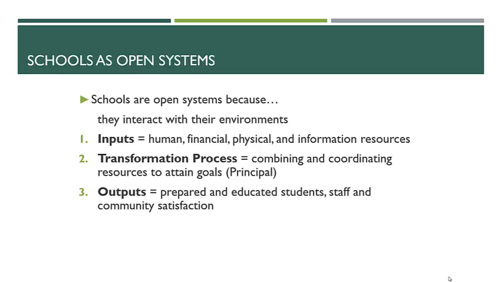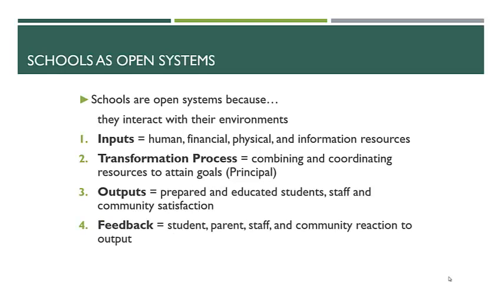And then finally, that's really the 3 parts. But there's a 4th part that is continuously iterative along this, and that's feedback. Okay, and we'll really see this feedback come in Standard 4 when we look at Standard 4. But feedback in the sense of students, parents, staff, and community reaction to those outputs, to those students, the students that are going through the transformational process that the school has created, led by the principal, meeting the goals that have been established by the principal in the community of stakeholders. That feedback is constantly coming through each of those.